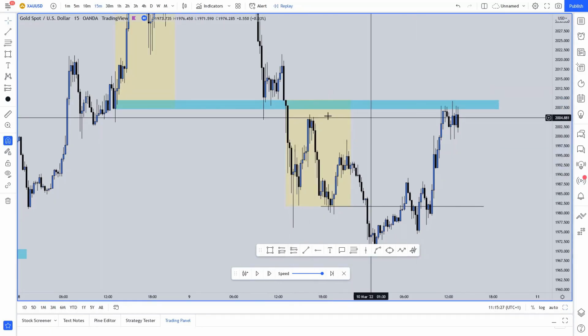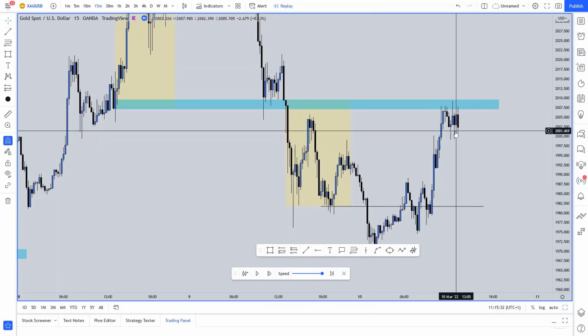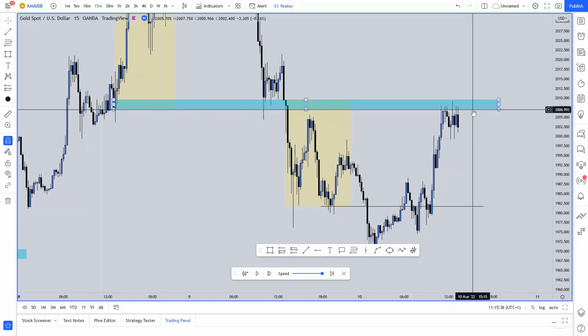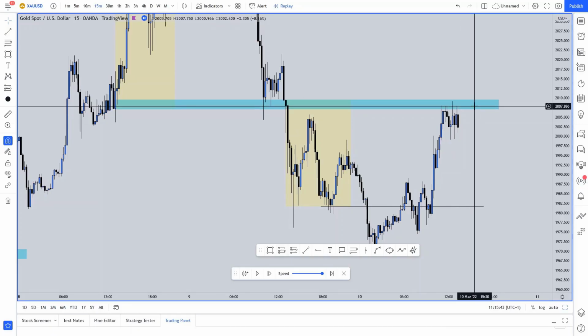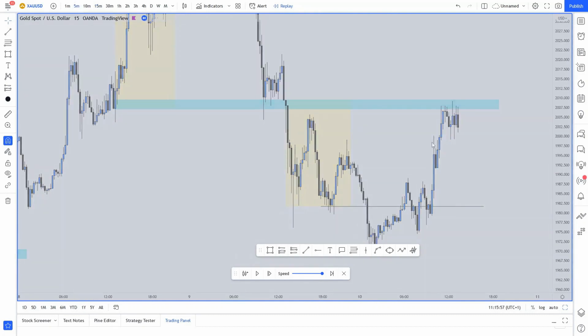And remember, I was looking for downside because of the news release. So I was just looking for a push into there and then a rejection. It's not very far to push, but this is the next US zone. So I was just looking for a push into there. And remember, as I've already explained, the price action here, I was expecting it to be bearish because of the data release. So if I just drop it back on the 5 minute here, I will show you